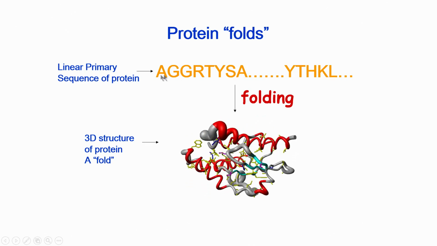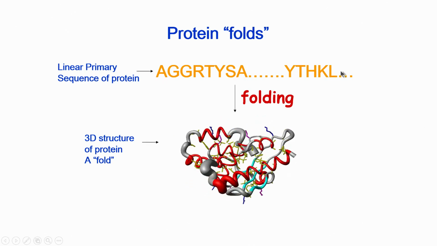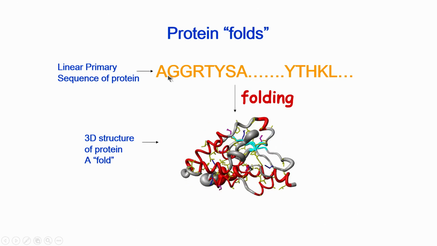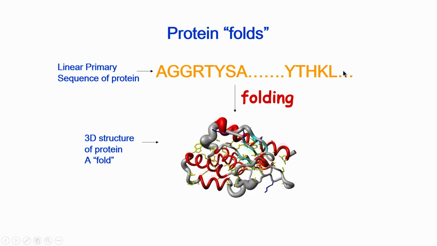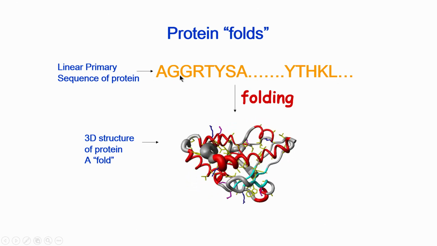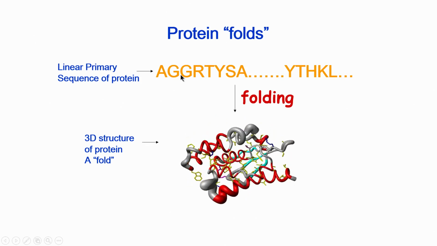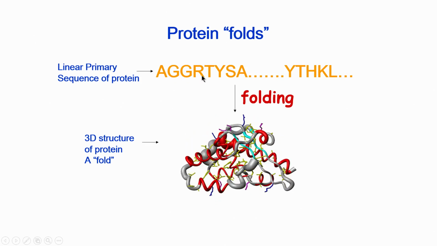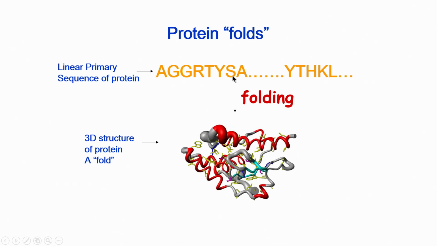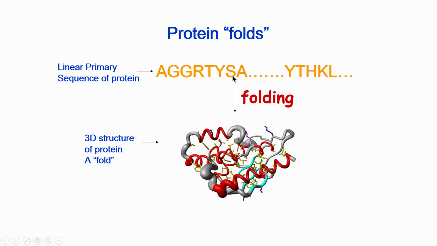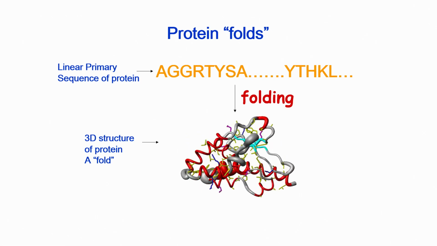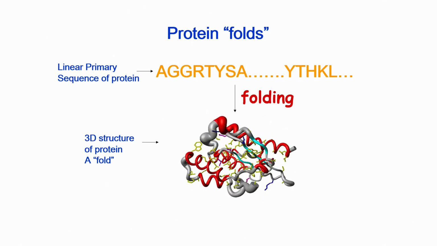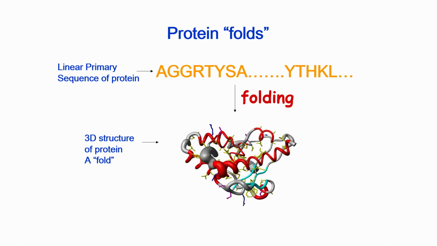This could be the number of amino acids, depending on the size of the protein. For example, if it is a 100 amino acid protein, it will be about 100 into 100, 10,000 molecular weight. So, the molecular weight will become around 10 kilodaltons. This is based on the fact that the average molecular mass of an amino acid is 100 or 110 daltons.